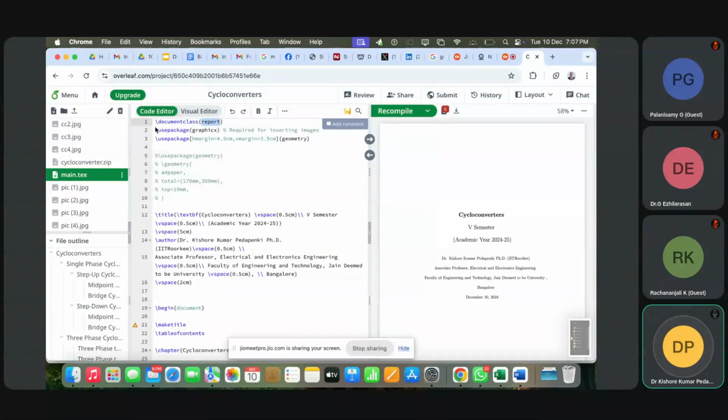So here is the document class. Document class means you have to say this is like a package. If you say article class, for example, \documentclass, if I write article in that, whatever things are required for an article will come here. That means the structure will be like that. If I make it into report class, the structure will be like that. If I make it into some resume class and some other classes, the structure will be like that.